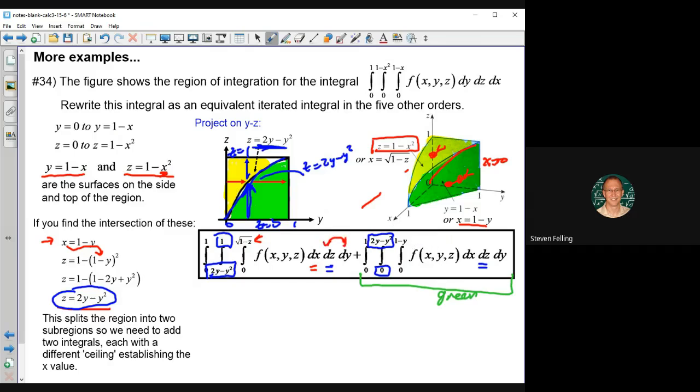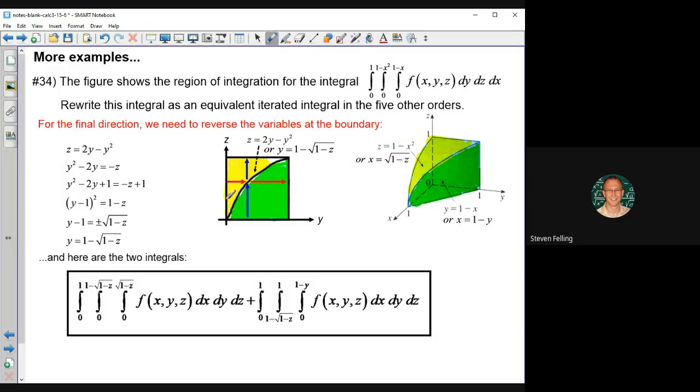There's one other ordering, and it's basically the same as this, except with the y and the z reversed. So did I do that one on this page? Yeah. Okay, so if we went through the same thing, we would have the same boundaries here, right? The same ceilings. The difference is we would be using y first, so let's do this over here for the green one. We would be using the red arrow, and that means we would start at this boundary, which is z is 2y minus y squared, but we'd have to solve it for y. We would go from y equals 1 minus the square root of 1 minus z up to y equals 1, right? And then cover from 0 to 1 in the other direction,